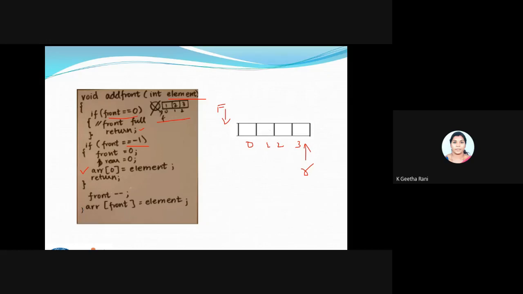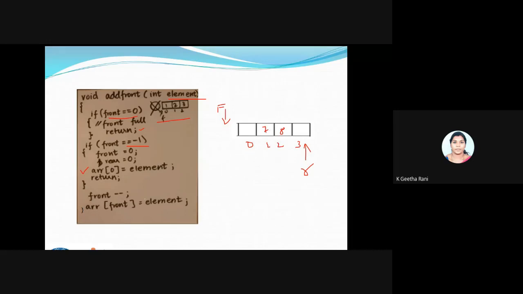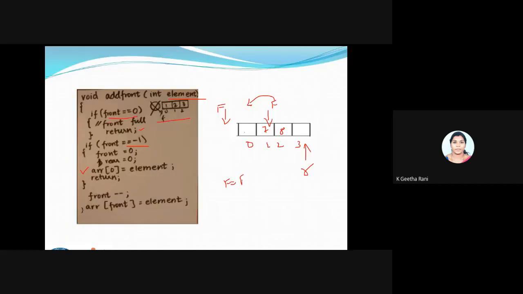Okay, assume already we have so many values. Fine, for example, like 7 is there, 8 is there. Okay, so now I need to add to the front. Okay, so this and all becomes false, we are getting inside this directly. This means I have some space before the front. Fine, assume the front will be here. When I'm going to check for it, I need to add here. So automatically what you will do, I'll just decrement the f pointer. So f is equal to f minus 1. That is what is done here, and I'll put the value inside this pointer.